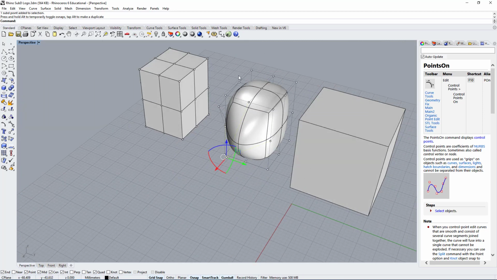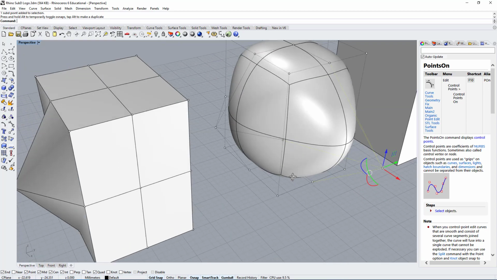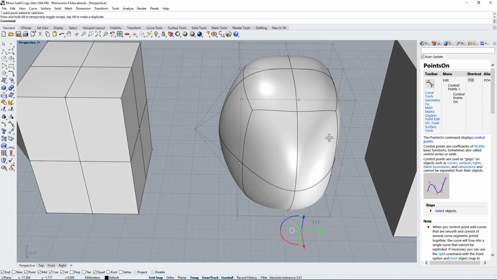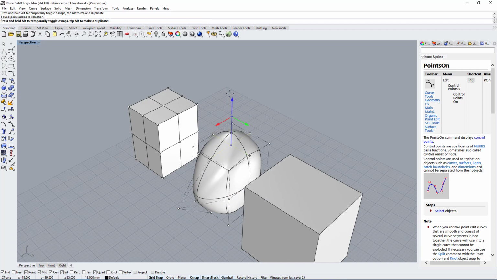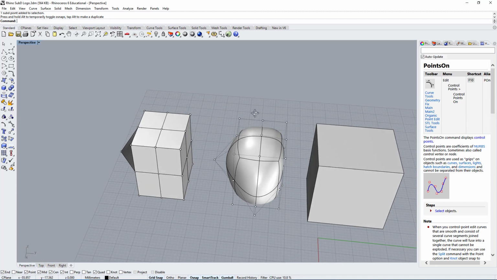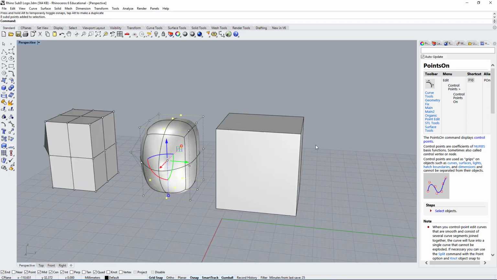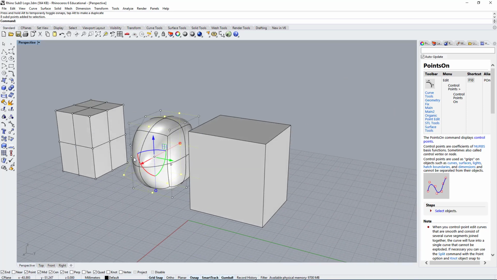So let's say we want to do a teddy bear, the type of form of a teddy bear. It would be very difficult to do with standard NURBS surfaces, right? But now if we use a bunch of control points, it makes it a little easier. Now one thing I haven't talked about is how do we add points for a mesh, or how do we add points for this type of sub-D object. So let's talk about that, and let's talk about how we can create sharpness between the control points.